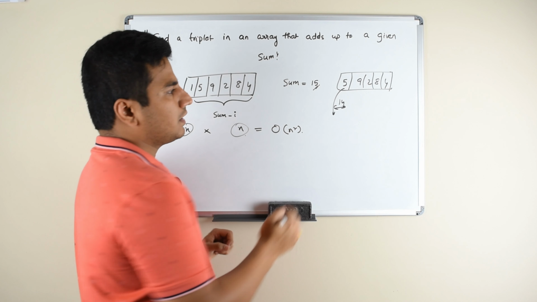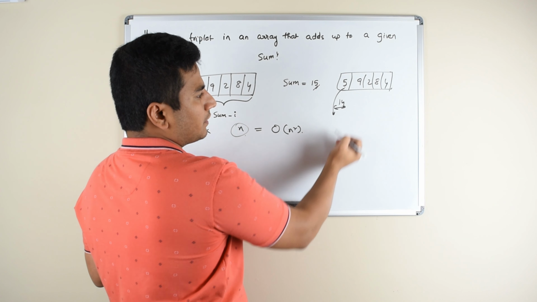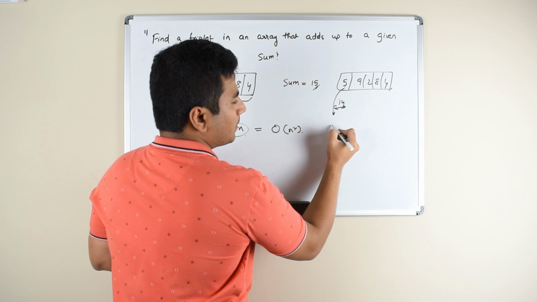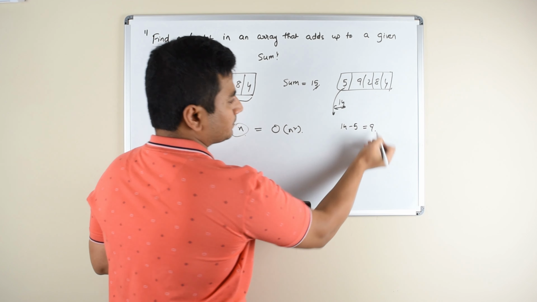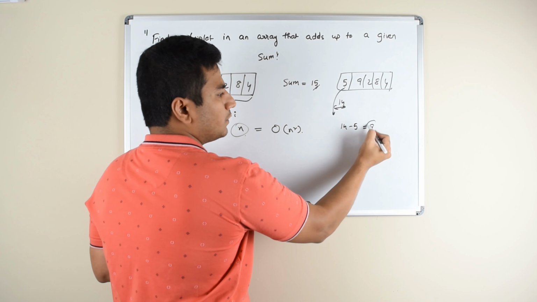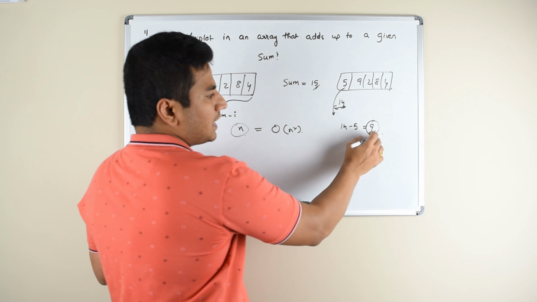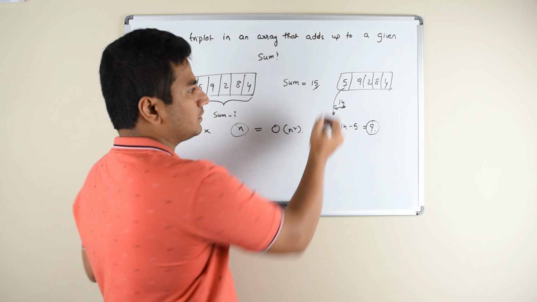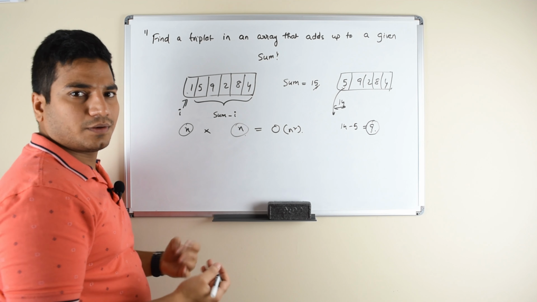When I say complement, let us say you take a 5. What is the complement of that element which adds up to the given number 14? So the complement of that element will be 14 minus 5, which is 9. So what we do is we check if this 9 exists in the hash set. If this element exists in the hash set, then you already found a triplet. So this 5, this 9, and this 1 adds up to the summation of 15.